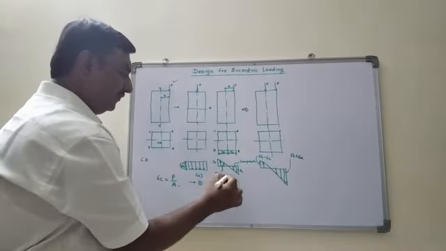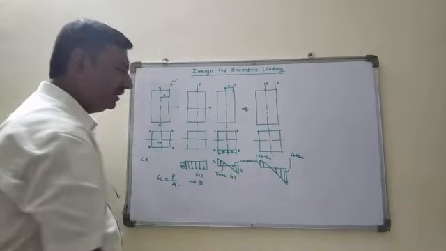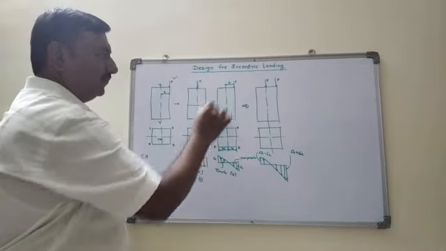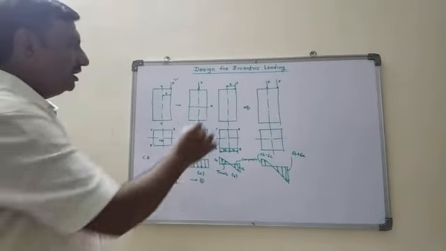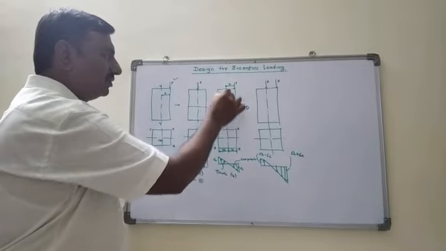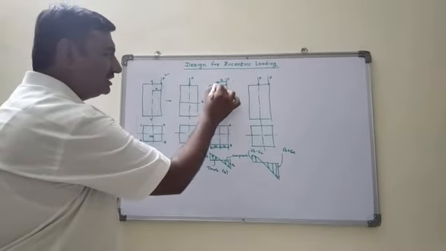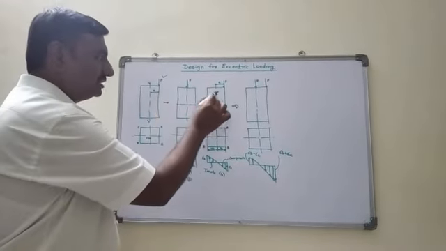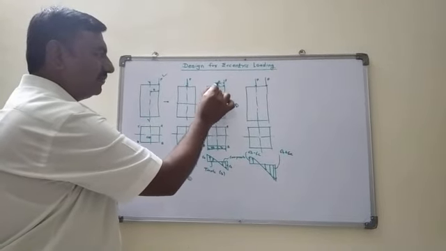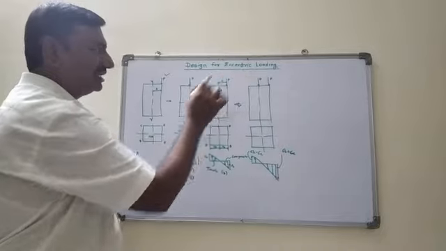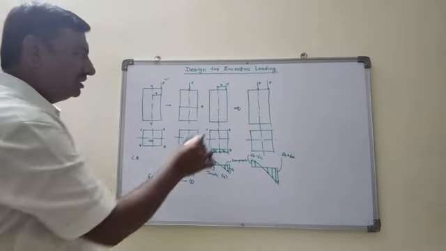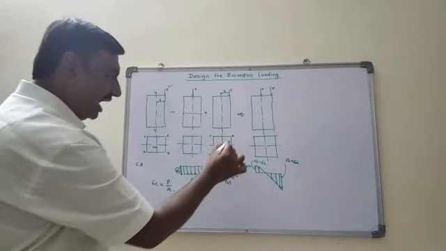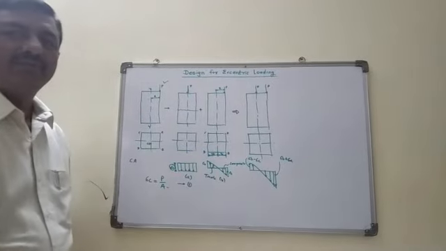Now coming toward figure B. Assume this is figure B. When this force P is subjected as a compressive force but at a distance E, which is called the eccentricity, or in other words when the load axis is separated from the centroidal axis at a distance E called the eccentricity, then these rectangular struts are subjected to compressive and tensile stresses at the edges AB and CD. How is it?